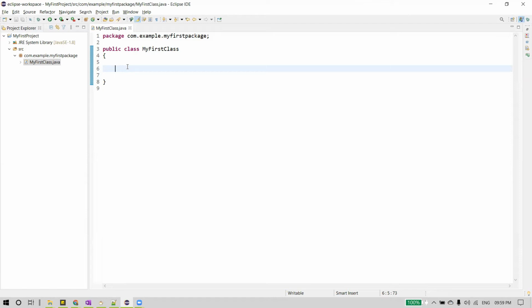But to tell Java where the execution starts, the entry point of execution, we need to write a method called the main method. So let me write the syntax for the main method now. public static void main(String[] args). And a method contains a piece of code,